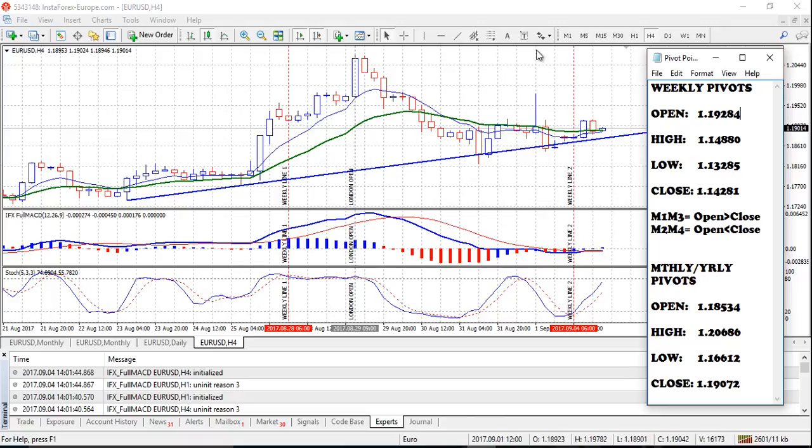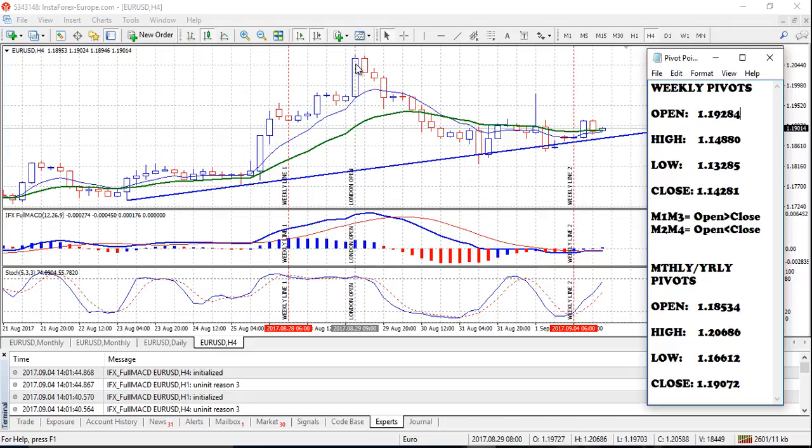Then I'm going to take the high. Between this weekly line 1 and this weekly line 2, where is the highest price attained? Just eyeball it. See this candle here. You are taking the high on this one, 20686. This one is higher than this point here and this point here. So if you place the cursor here, you can take the value at the bottom. You see H, 1.20686. That is the highest price attained